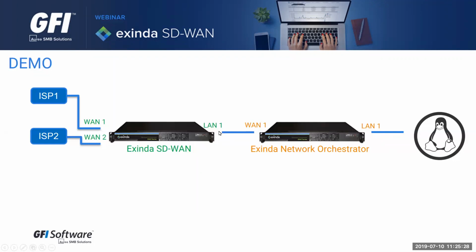The LAN is connected to the WAN port of the Exinda Network Orchestrator, and the LAN port of the Exinda Network Orchestrator is connected directly to the Linux Ubuntu host. So basically, we have a single bridge in the Exinda Network Orchestrator. So let's have a look how this